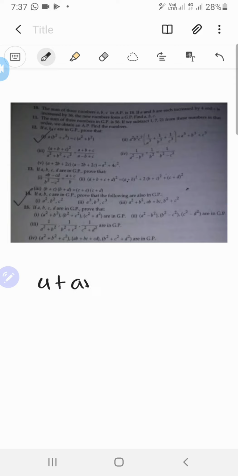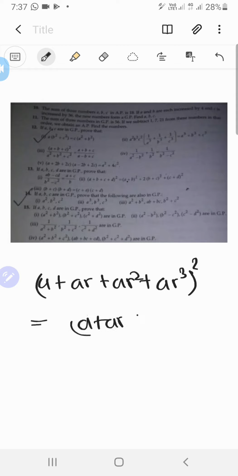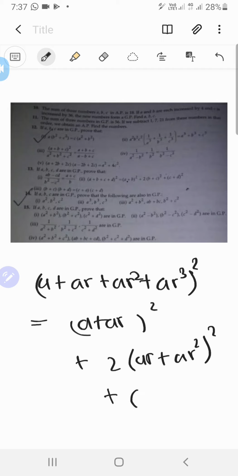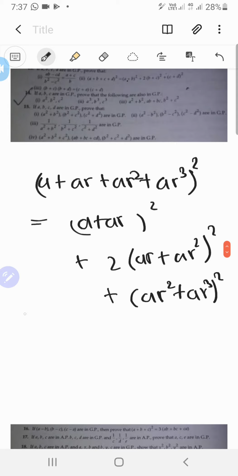So a plus ar, but ar squared plus ar to the third power, all that squared, equals a plus b whole squared, which is a plus ar whole squared, plus 2 times b plus c whole squared, which is ar plus ar squared whole squared, plus this thing whole squared, which is ar squared plus ar cubed whole squared. Okay. So the right hand side can be written as a squared times,